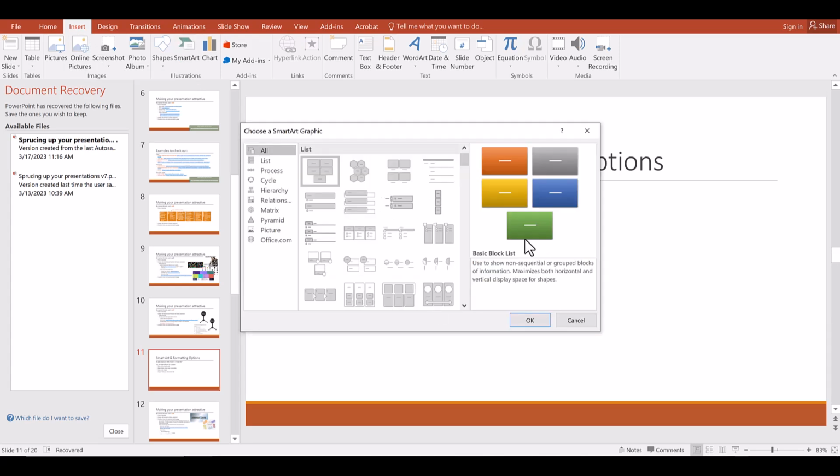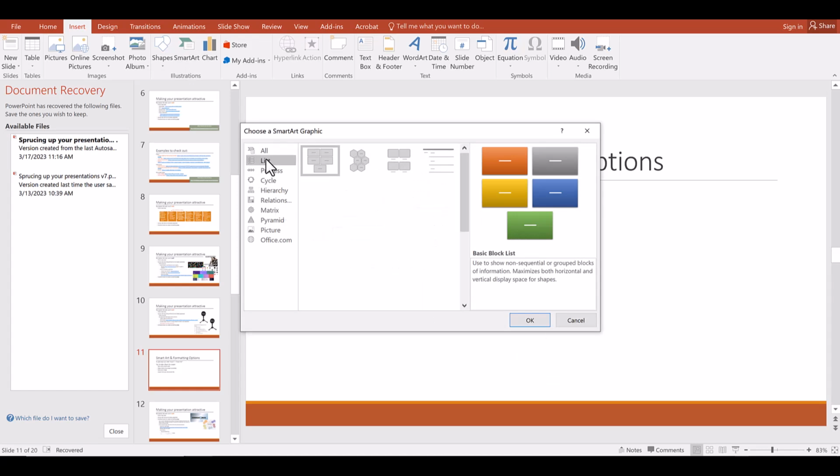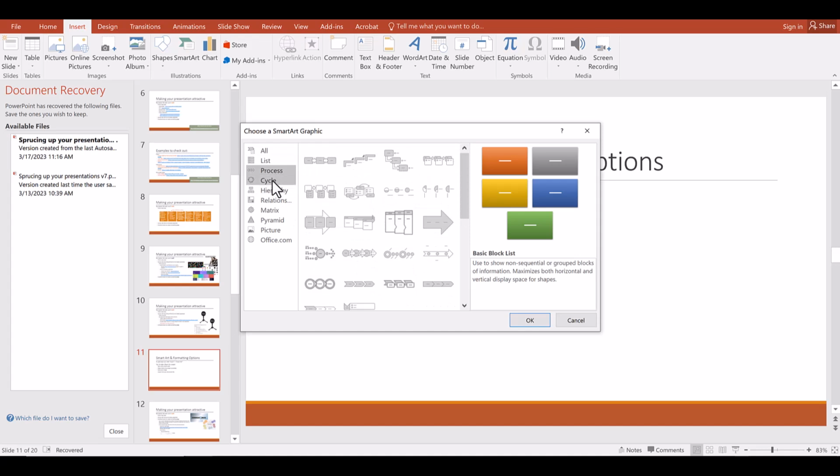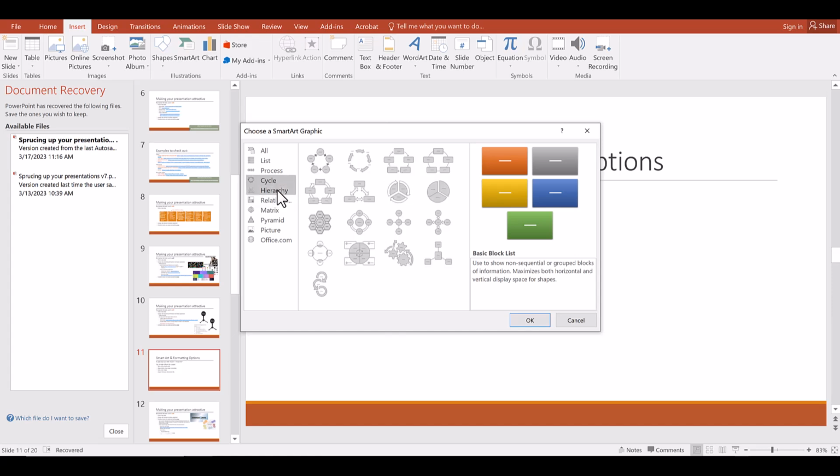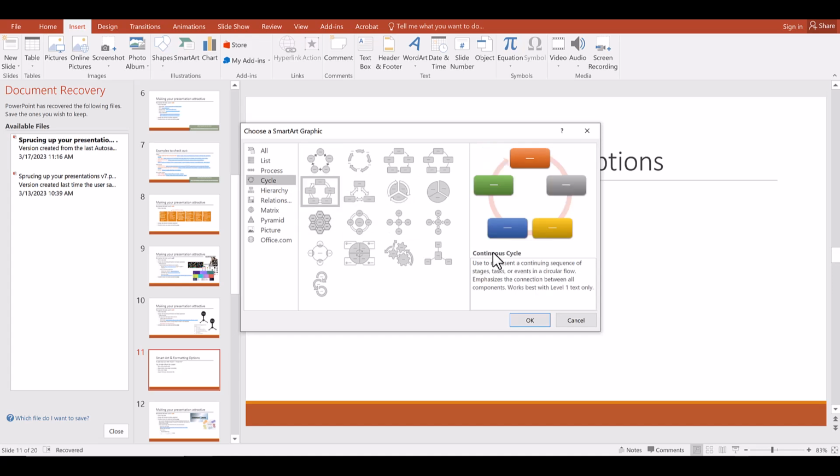Now this will give you all of the options for SmartArt graphics. There are lists, processes, cycles, hierarchies, all different kinds of really great illustrations. And I'll go ahead and just, I guess, use this one.